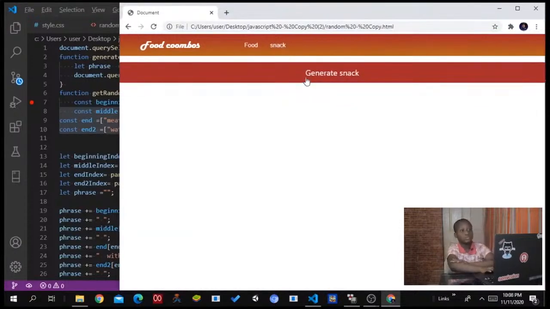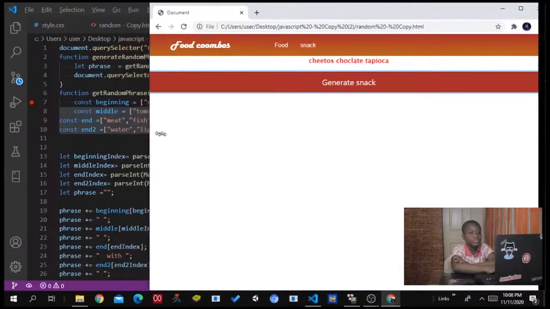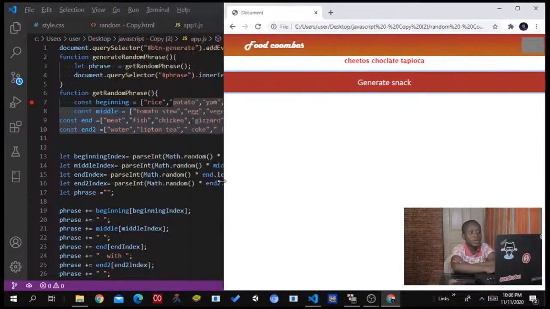So now let's get to the real thing, what we call the combination snack. This is going to be great. This one's going to create Cheetos, chocolate, and tapioca. Man, I don't know what kind of